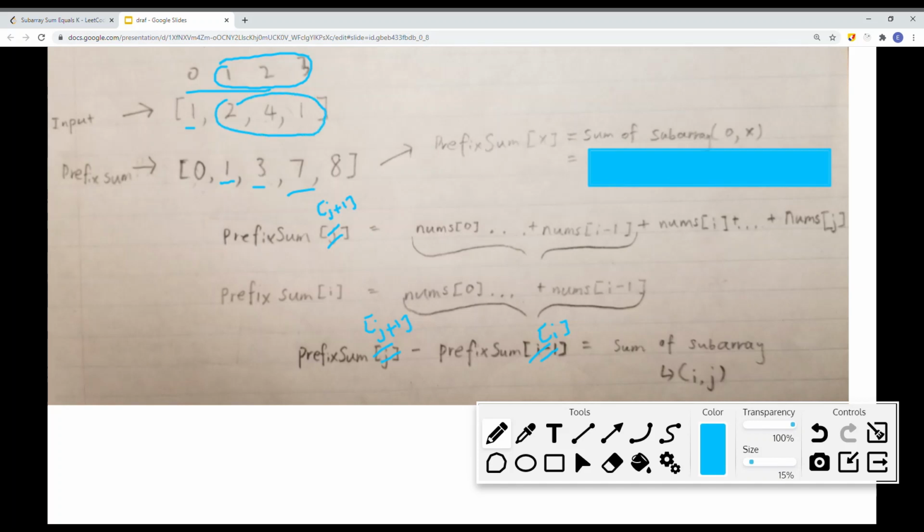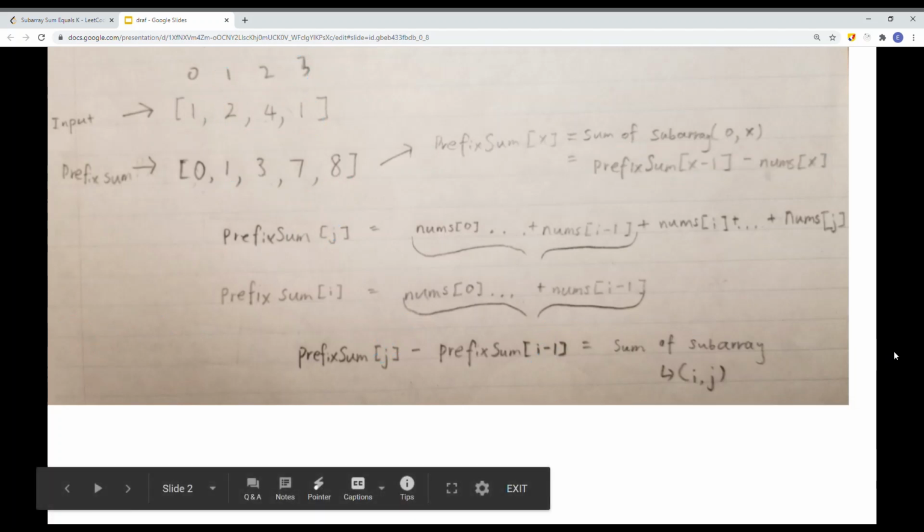So in this case, we get prefix sum at j plus 1, which is 4. 4 in this case is going to be 8. 8 minus prefix sum at I, and I is going to be 1. So in this case, I in prefix sum is going to be 1, and we have 7. 2 plus 4 plus 1, you get the idea. So how can we solve this problem using a